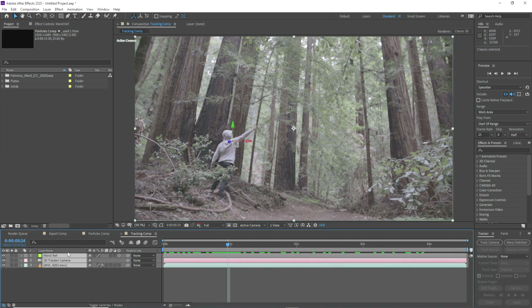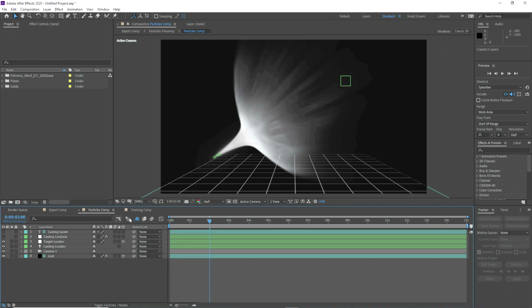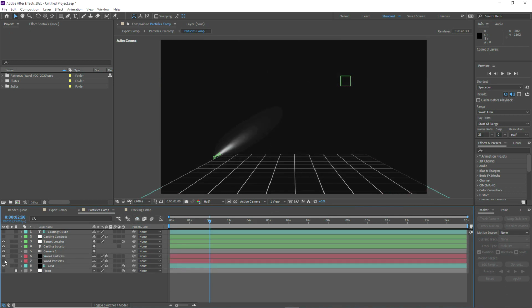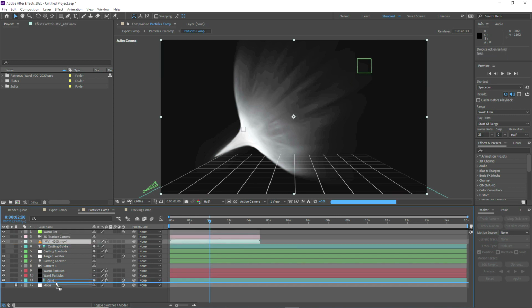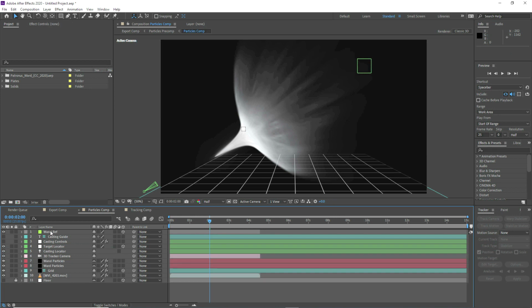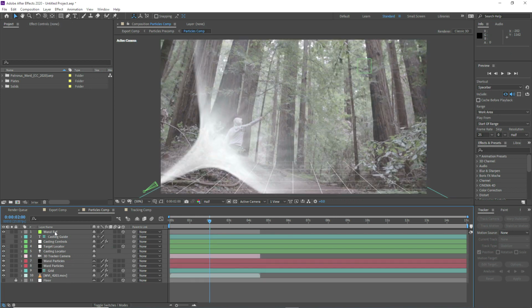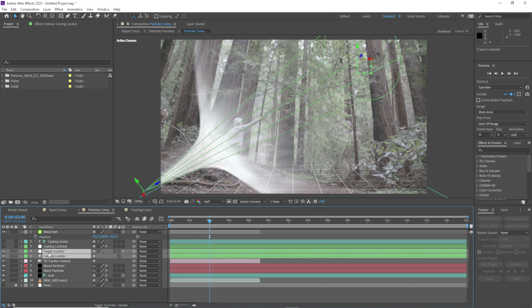Then we can copy our camera and our plate, and if we come into the layers here, you can see the red layers are the particles themselves. So we'll just replace our scene camera with the tracked camera, place our footage underneath the simulation, and then what we can do is we can copy the position of our wand reference,